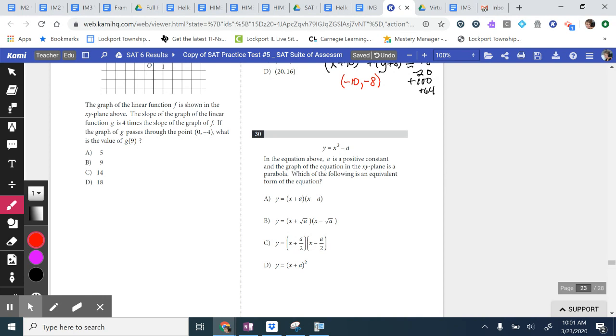Number 30. In this equation above, a is positive, and the graph of the equation in our xy plane is a parabola. What is an equivalent form of this equation? And this is where our factoring really comes in handy. We want to recognize the structure of this quadratic as the difference